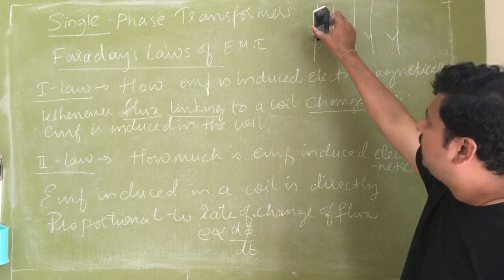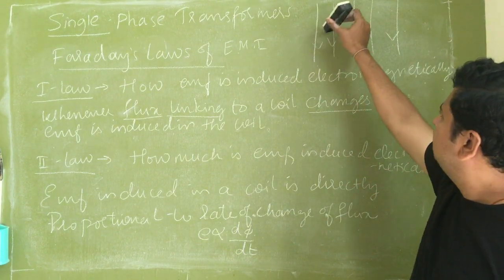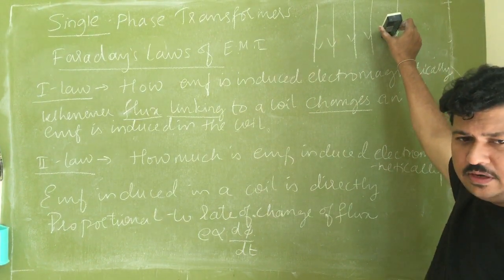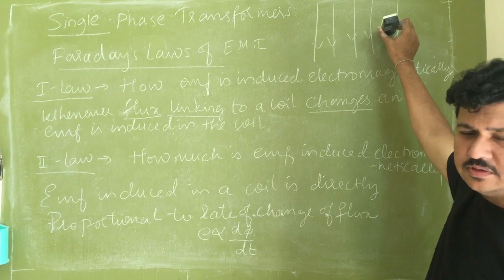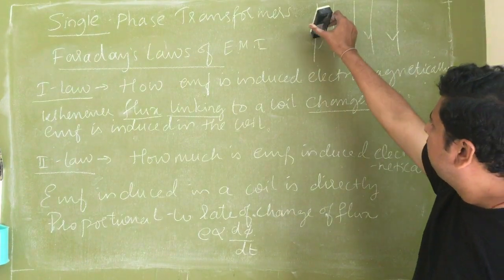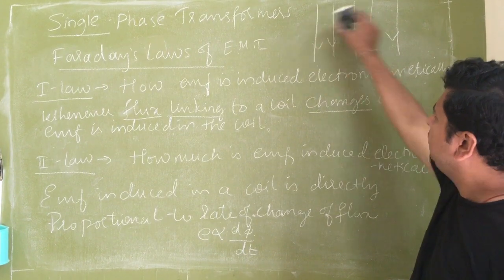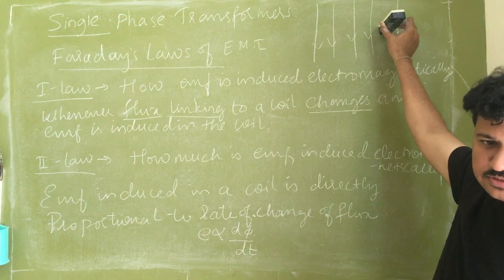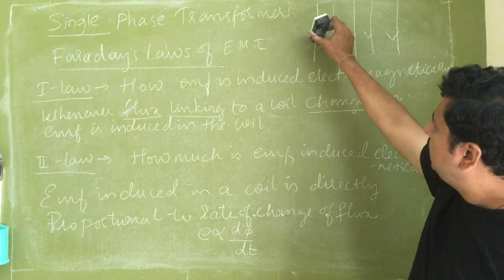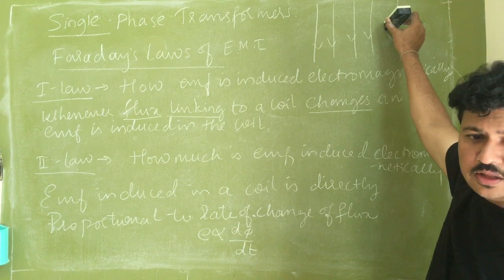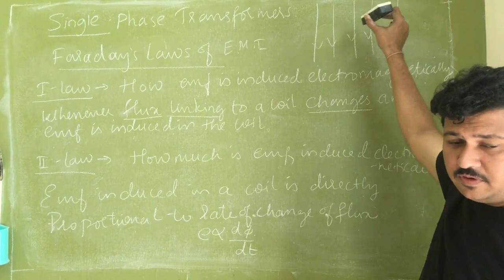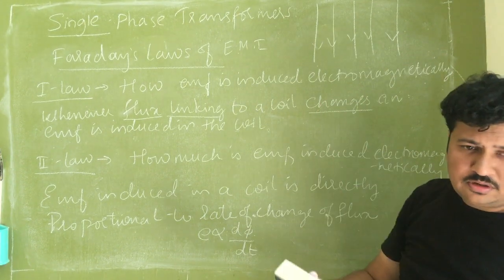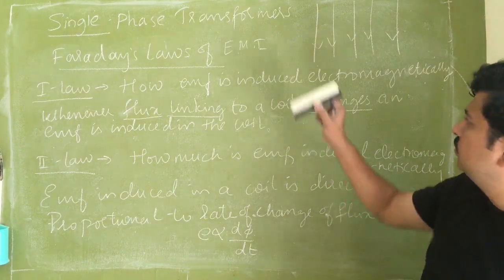Now if I make this coil slowly moving in this magnetic field, then there is some value of induced EMF, say E. Now if I move this coil at a much faster rate, there is some other value of EMF induced. Let us take E dash. When I move the coil at a higher speed, the flux lines cut by this coil are more when compared to the earlier case when it was moving slowly.